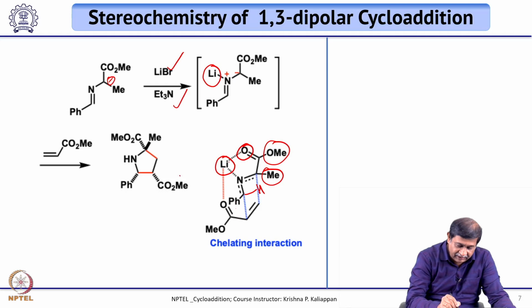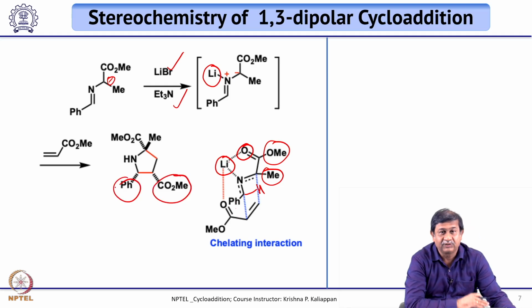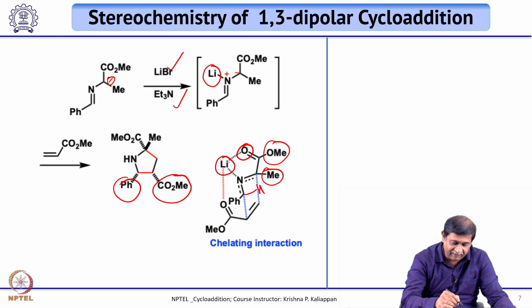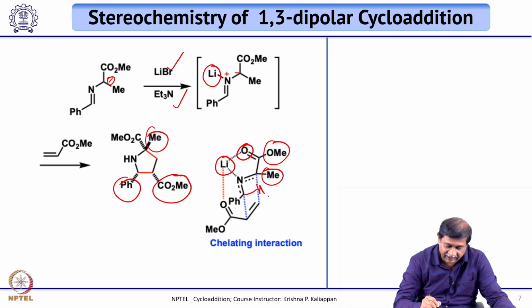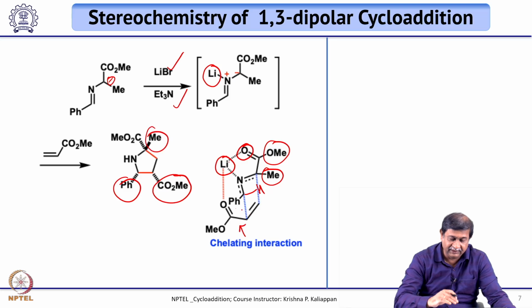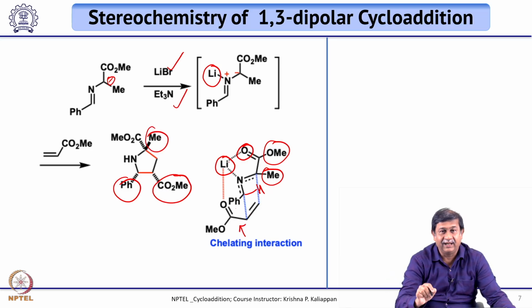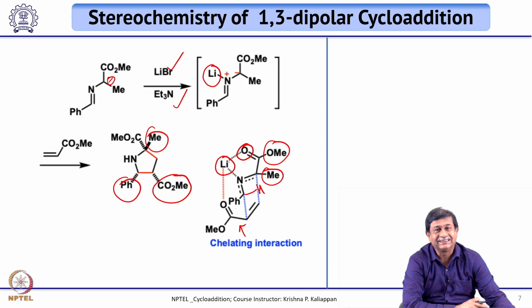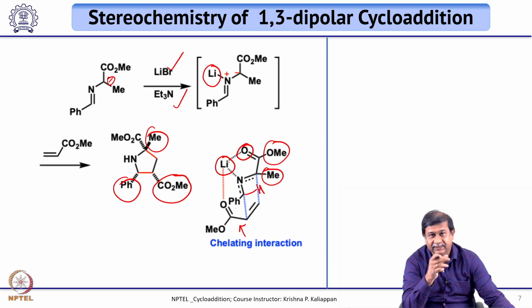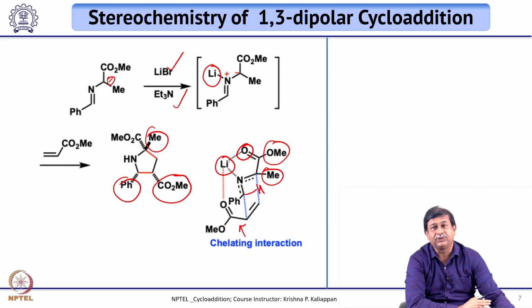So, that is how ester and phenyl group both are cis to each other, whereas the methyl group is opposite to this ester. So, methyl and ester, they are trans to each other; phenyl and methyl ester are cis to each other. So, here the chelation plays a very important role in deciding the stereochemical outcome of this 1,3